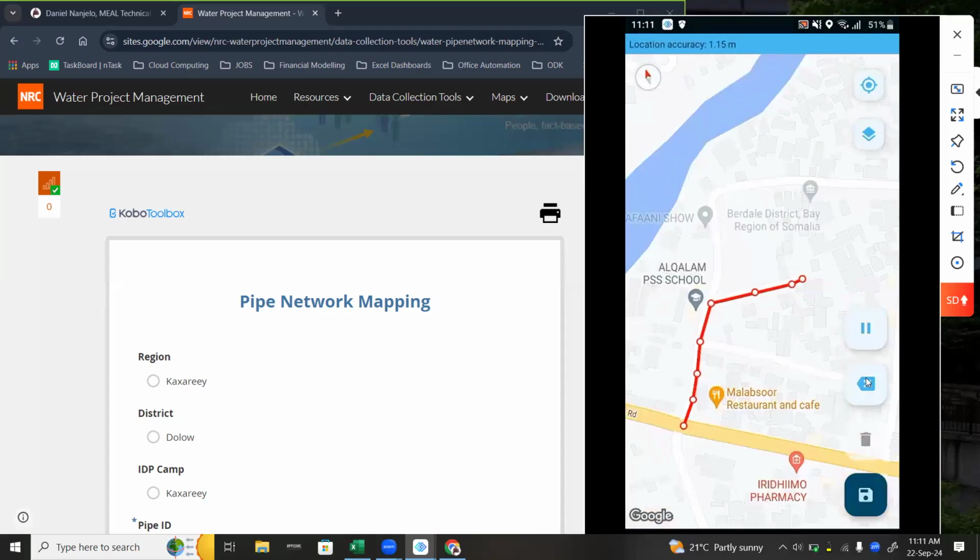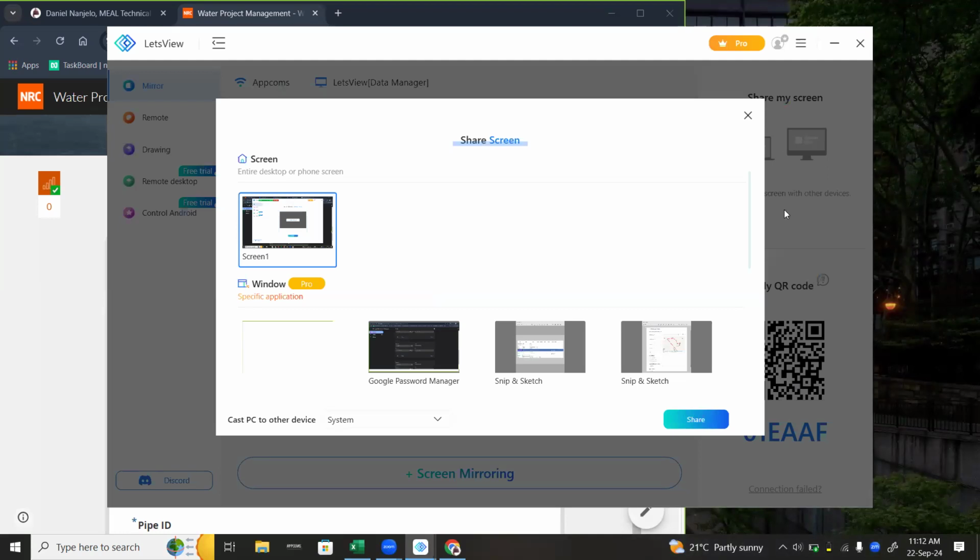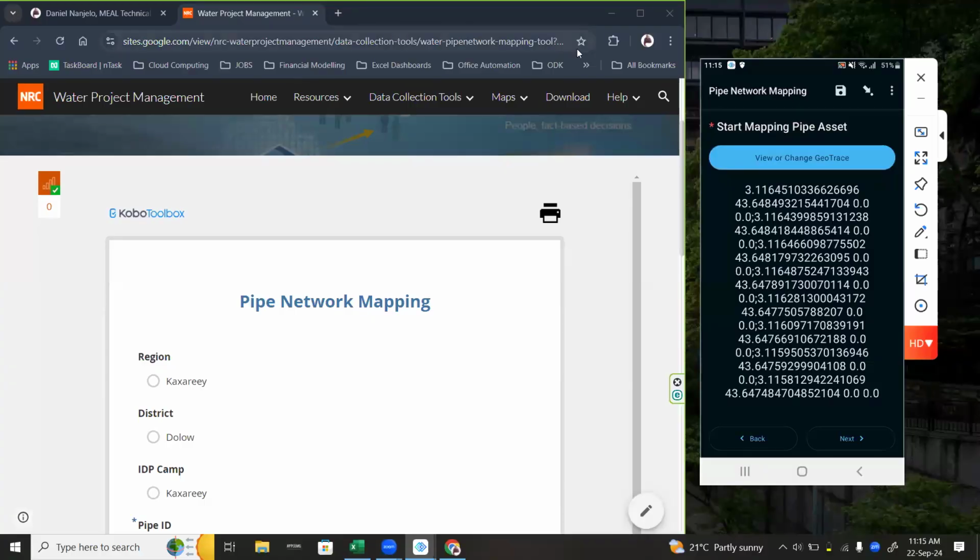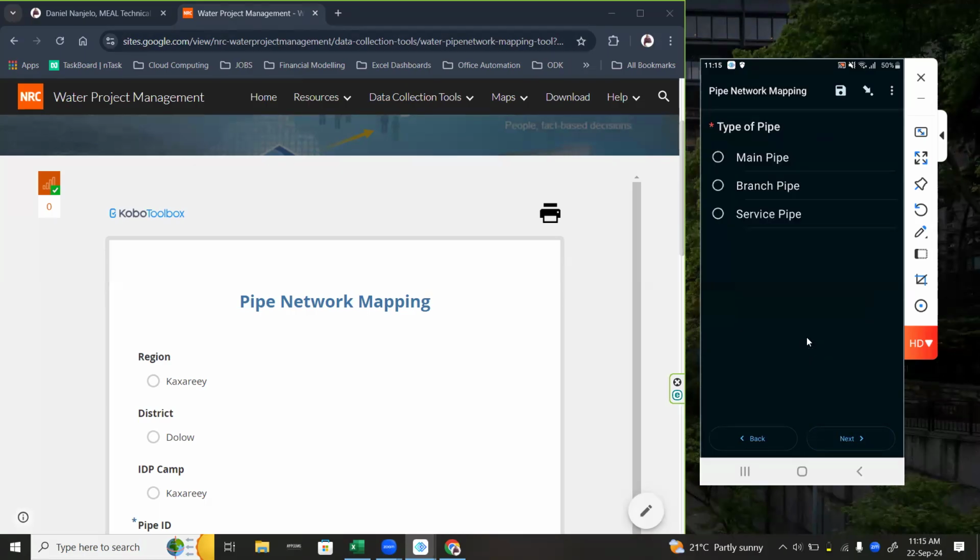Okay. Our pipeline. So the next thing that you need to do, I'm satisfied that this is the pipe that I need. So we click on save. Once you're done with the mapping, this is going to show you all the points that were used in tracing that pipe network, and this is what you have. So this is in WKT, well-known text. All right. So the next thing that you do, you simply go to next,